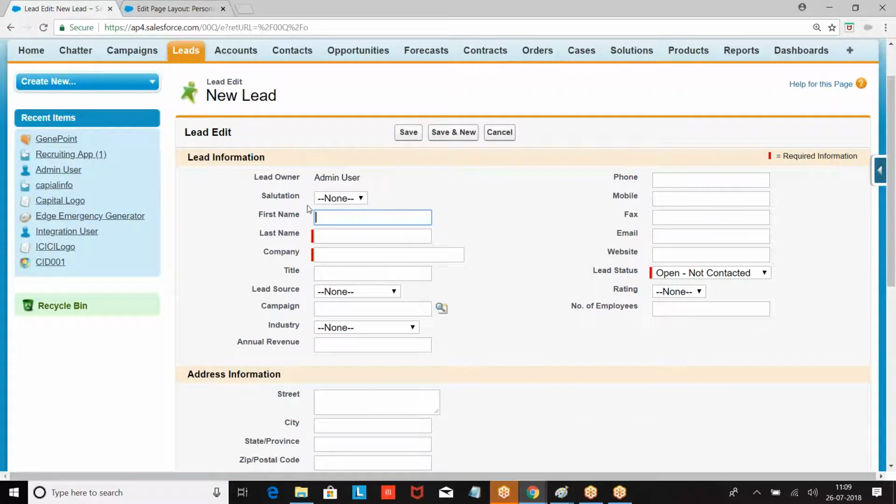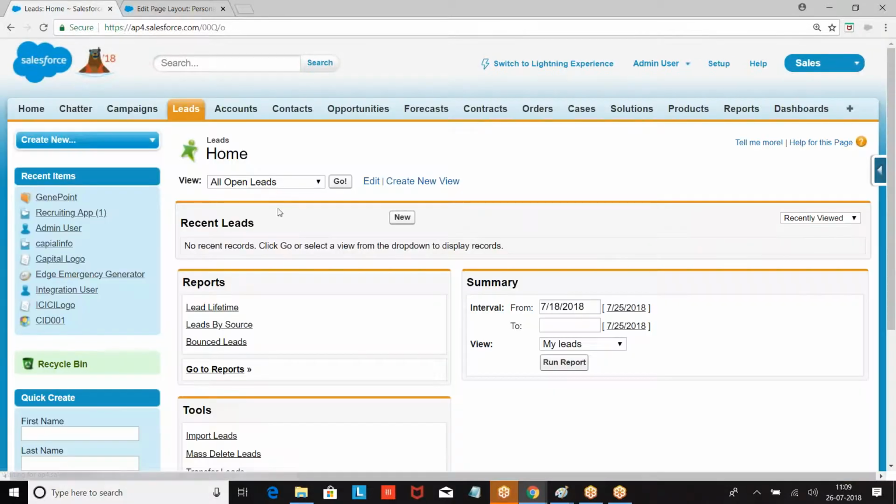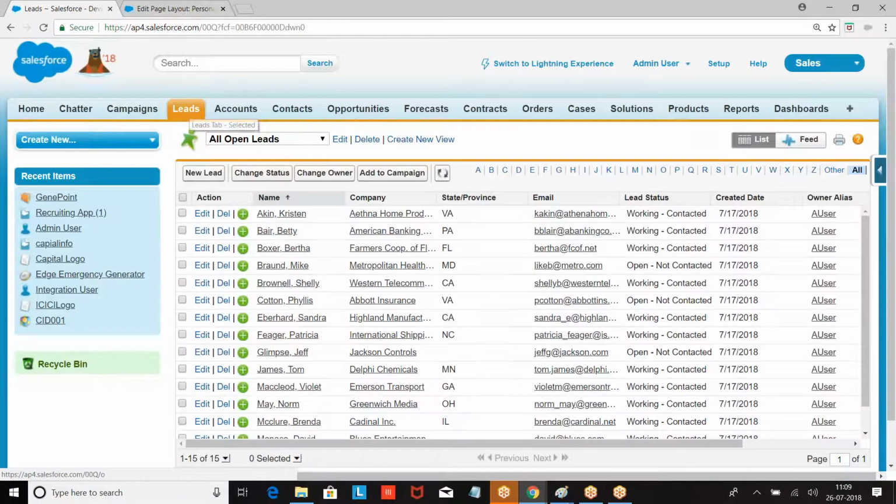When I open any one of the records, it is called the detail page of the record. Leads all: what is this called? List view page of an object.